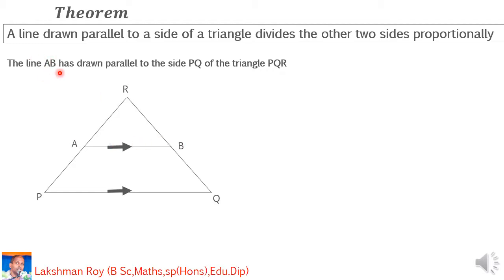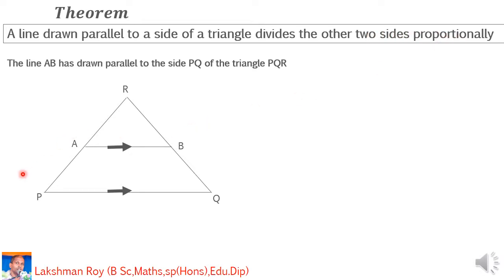Then what does the theorem say, student? A line drawn parallel to a side of a triangle. Here, see, AB line has been drawn parallel to a side of a triangle, right? So then it says divides the other two sides. What are the other two sides? We take the parallel line; the other two sides are PR, one side, and RQ, another side. So PR is divided by point A, RQ is divided by point B. So those two are divided proportionally. That means